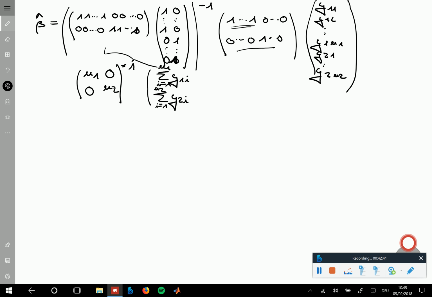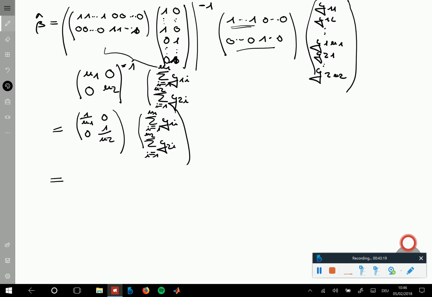Because if you multiply this matrix that you see there with the matrix diag(n1, n2), then of course you get the identity matrix, the 2 by 2 identity matrix, and then if you multiply these,